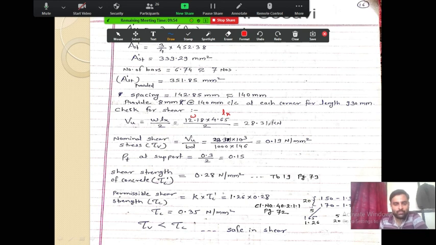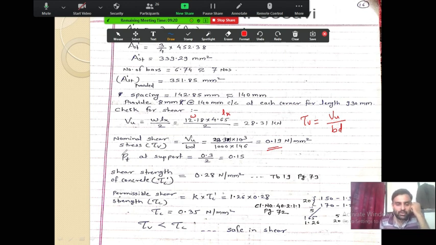28.31. Okay. Now as we know this Vu, we will calculate the nominal shear, that is tau V is equal to, what is the formula? It is Vu upon BD. So we have 28.31 into 10 raised to 3 divided by B, which is 1000, into D, which is 146. We are calculating it in X direction. Check for shear, maximum shear. So we got this value as 0.19 Newton per mm square.